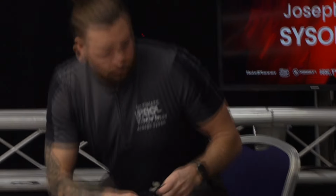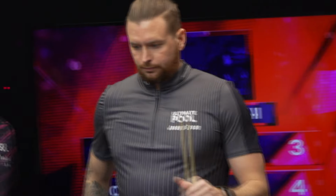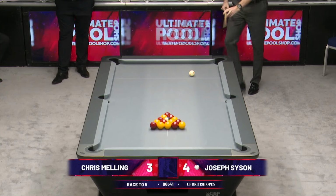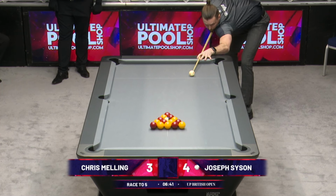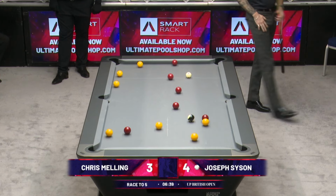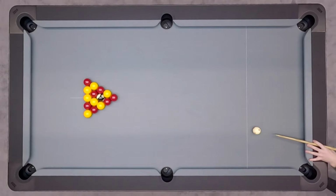I like Joseph's demeanour actually when he's sat there. You know, he's not looking disturbed or upset. He's always had a nice little smile on his face, and just looks confident and composed. And to be fair, he's played very well out there. That break, it's a joy to watch. He just parks that cue ball, gets the power driven all through, and this layout here is, well, perfect, isn't